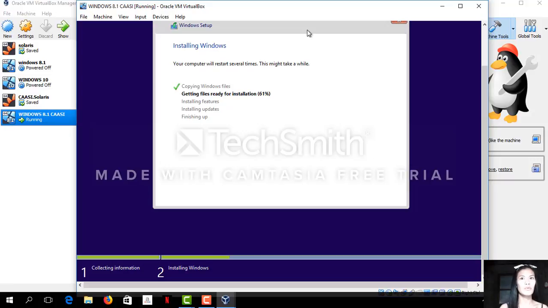I believe there would be no differences, maybe a little. But for me, I have no internet connection, so I'm going to install this Windows 8.1 without internet connection. So let's see. And then after that,